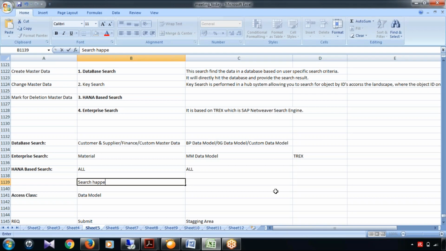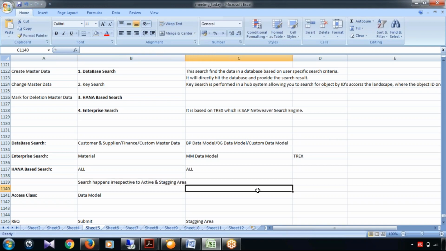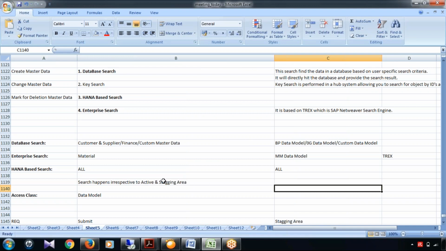That's what you can see, some of the data from staging area, some of the data from active area. Okay, then I'm moving on. Now I'm giving some more description. That means I'm going to dig into it. I'm giving some more relevant